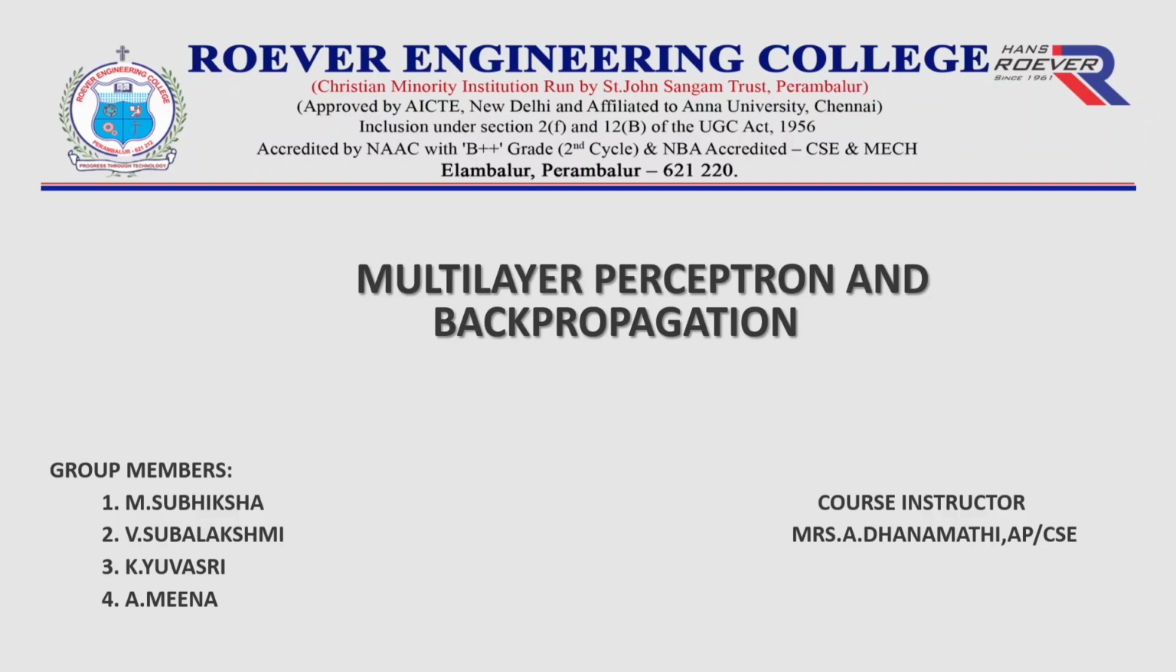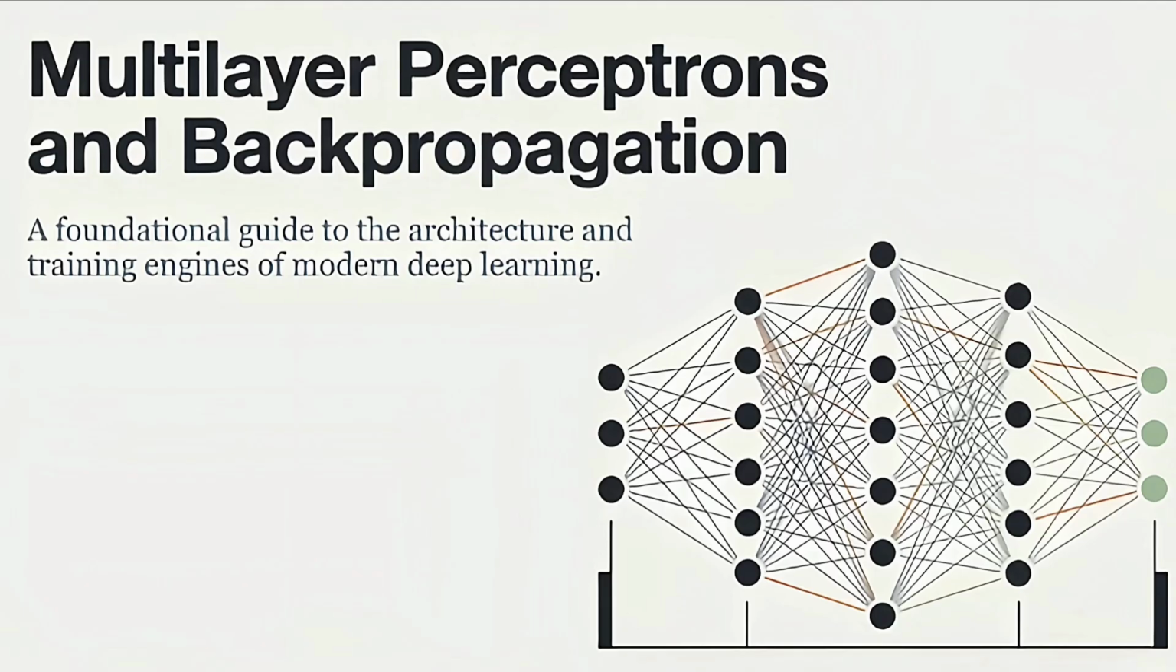Hello everyone. Today I'm going to present a topic from artificial intelligence called multilayer perceptrons and backpropagation. These concepts are important in understanding how modern neural networks learn from data. Multilayer perceptron, commonly called MLP, is one of the basic models used in artificial neural networks. It is widely used in machine learning and deep learning for solving problems such as classification, prediction, and pattern recognition. In this presentation, we will understand the structure of multilayer perceptrons and how the backpropagation algorithm helps the network learn